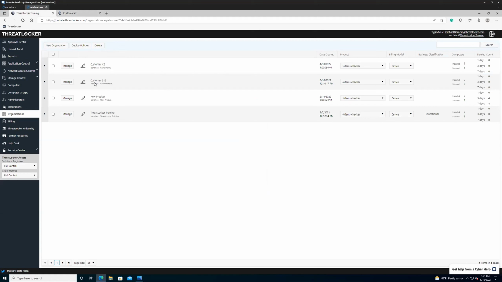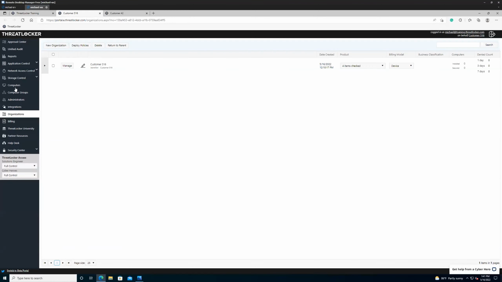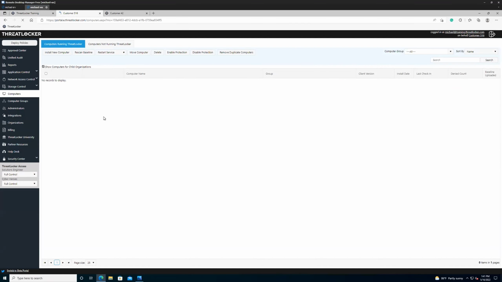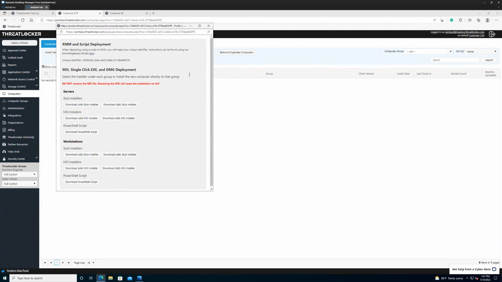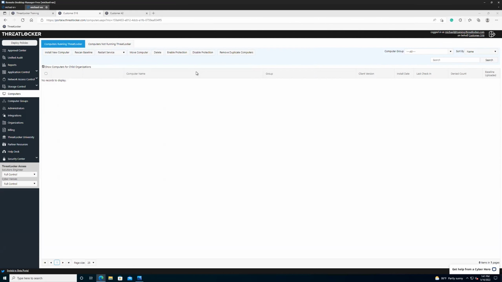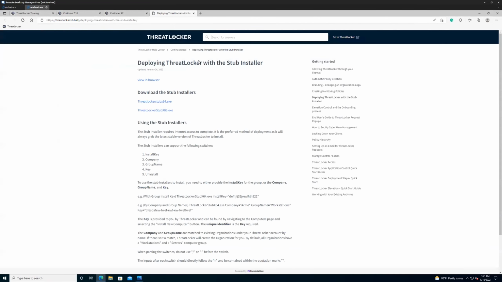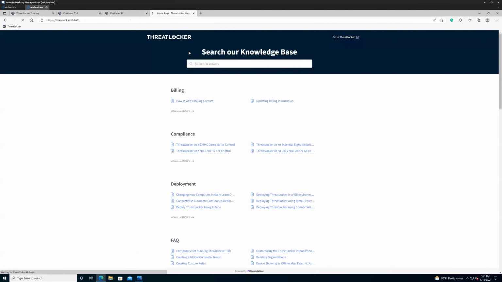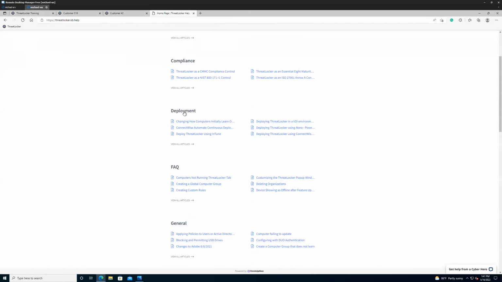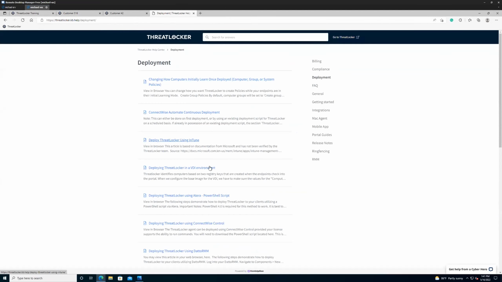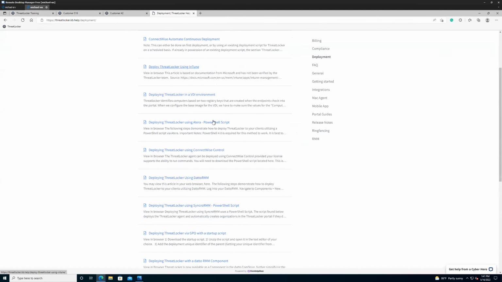Okay, so now for installing. Installing can be done via a few methods. So I'm going to go to the computers page, and I'm going to click Install New Computer. Now, you can click on here, and you'll be able to see all our deployment. Why does that not take you to the deployment center? That would be so much easier. There we go. Into deployment, and you can see we've got a variety of scripts using most of the RMMs,